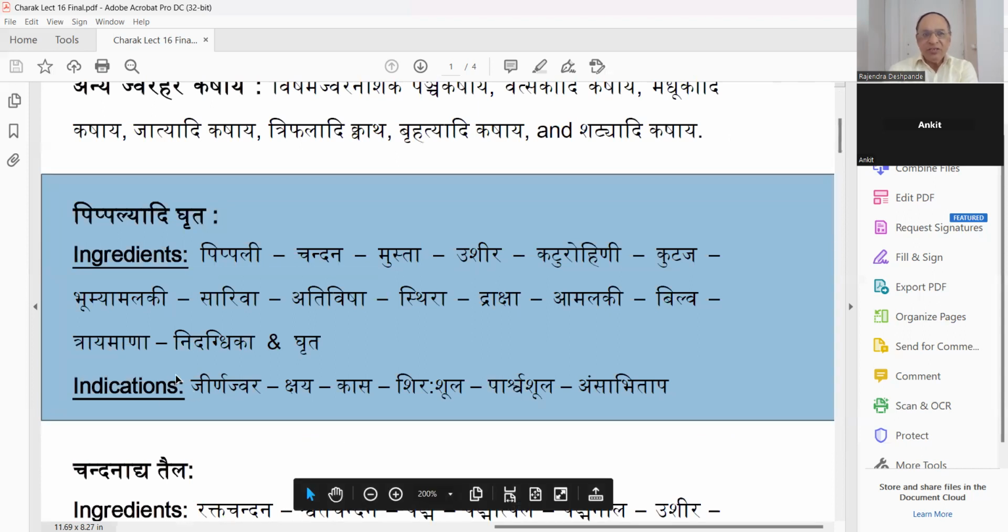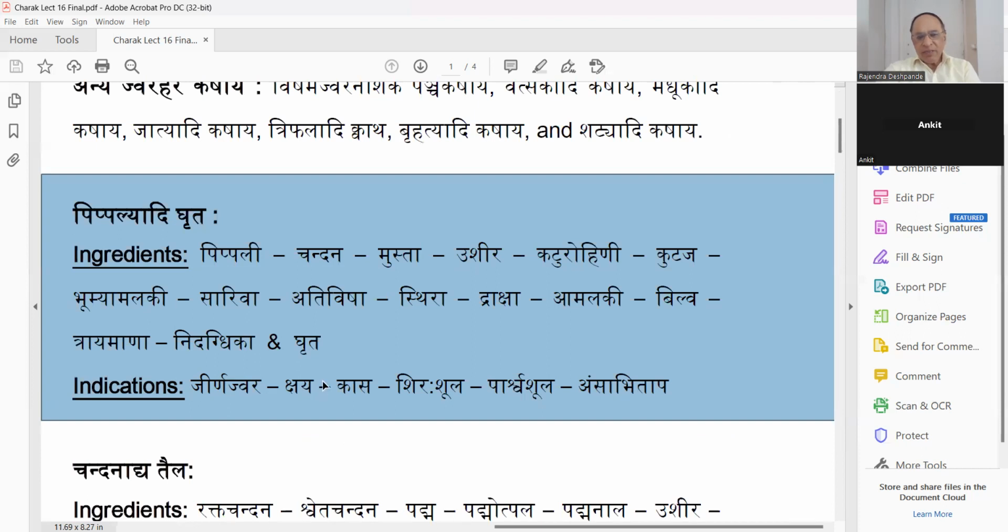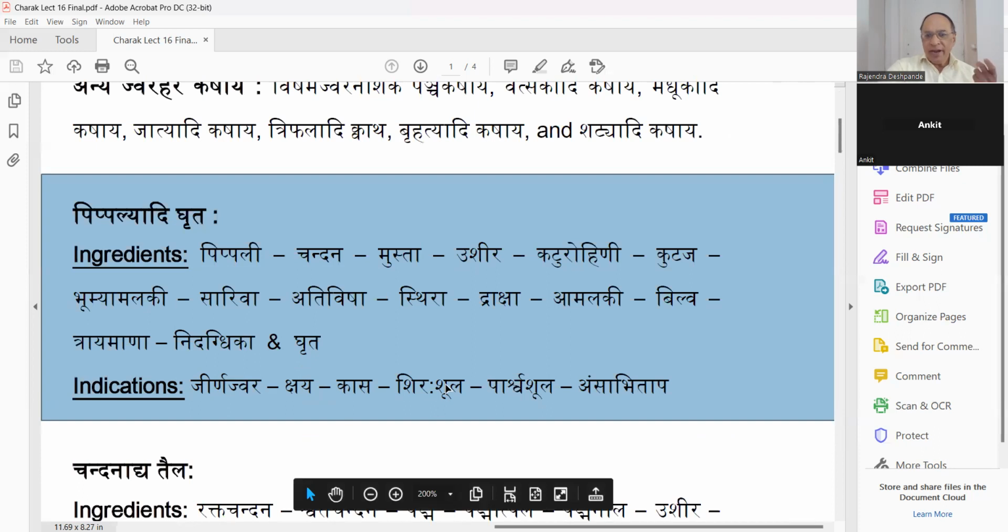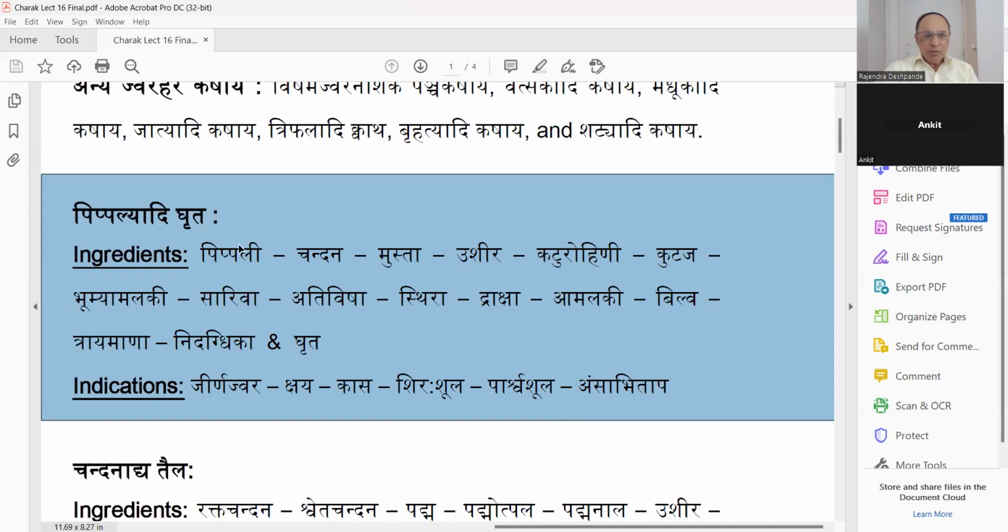ये ज्यादातर जीर्ण ज्वर के लिए है, उसके मतलब जो एक प्रकार है ट्यूबरकुलोसिस, उसका भी हम इस्तेमाल यहाँ पर कर सकते हैं, that we can include over here. ट्यूबरकुलोसिस, कफ, शिरशूल हेडेक है, पार्श्व शूल है जैसे प्लूरसी वाली शिकायत है, अंश अभिताप है, स्कैपुलर रीजन में आपको कुछ पेन हो रहा है और ये इरिटेशन हो रहा है, तो इसके लिए अभी घृत बनाना है। क्योंकि हमेशा ध्यान में रखिए, you try to understand when the fever becomes